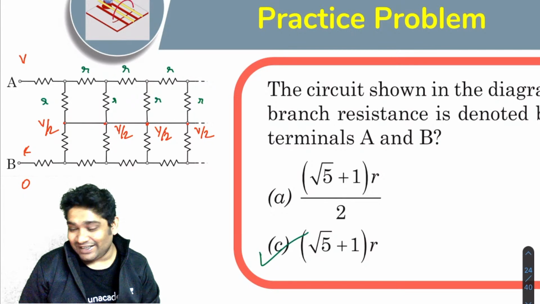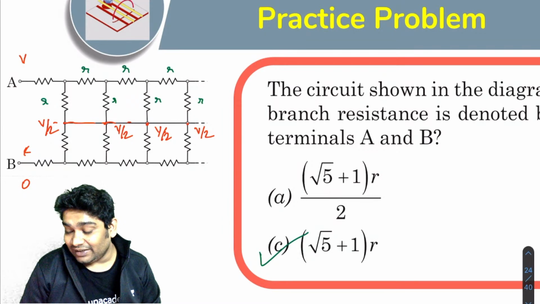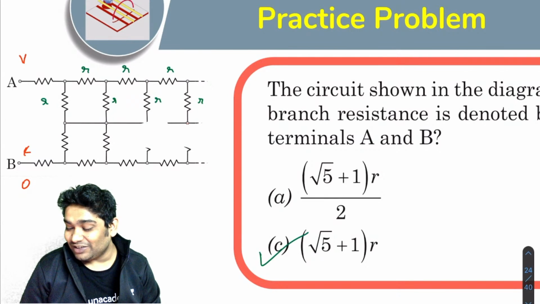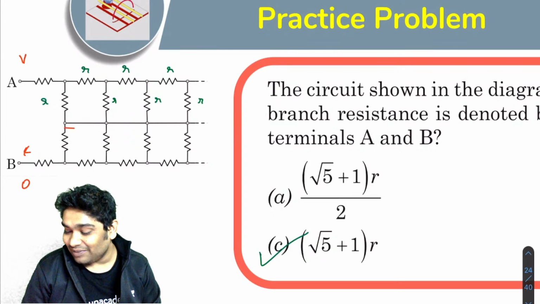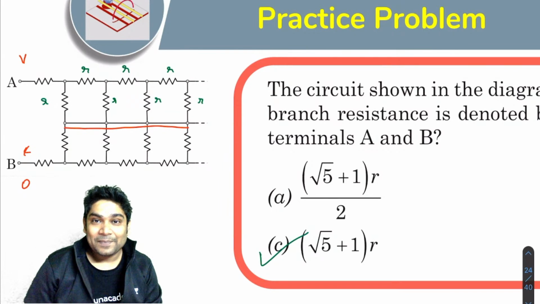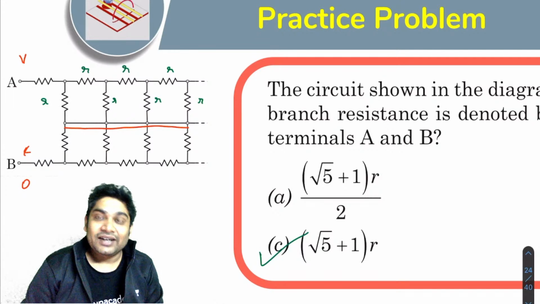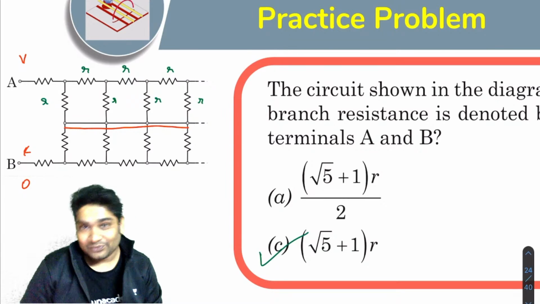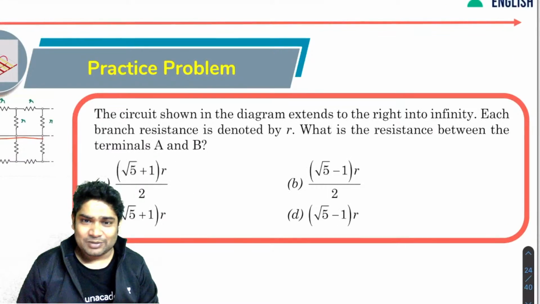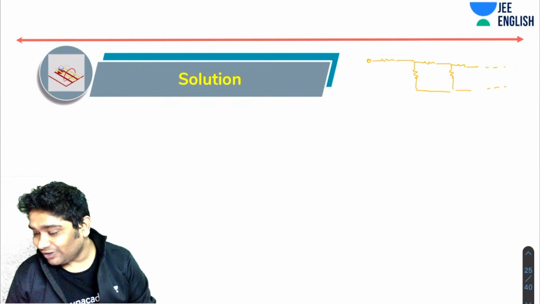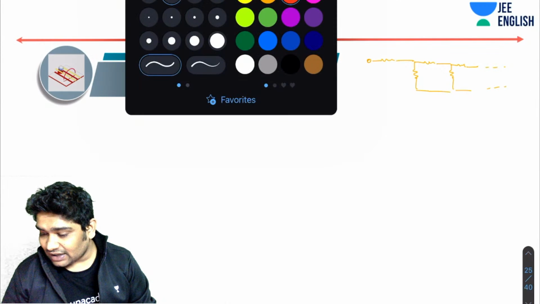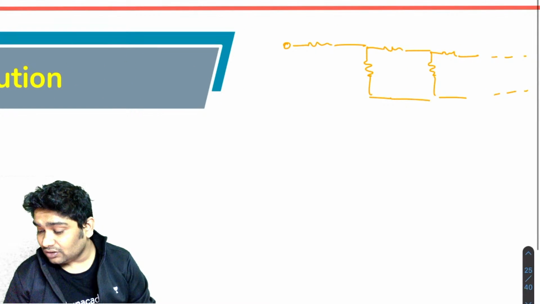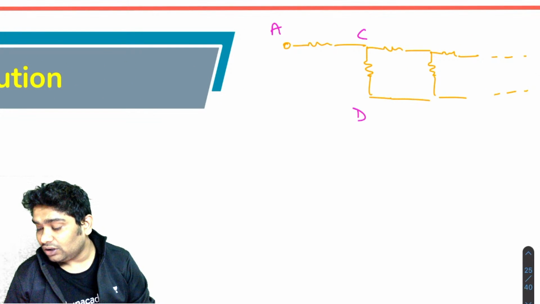You could have also said that yes, I could have treated this as one circuit. What I am doing is adding another wire. So just like you removed this wire, I am adding another wire, creating a symmetrical circuit like this. Then all I am bothered about is calculating the equivalent resistance of the upper half, and the net would be double of that. Both approaches are absolutely fine. No issues with either. Now, if I do this, let this be my point A, let's call this point C, and let's call this point D.